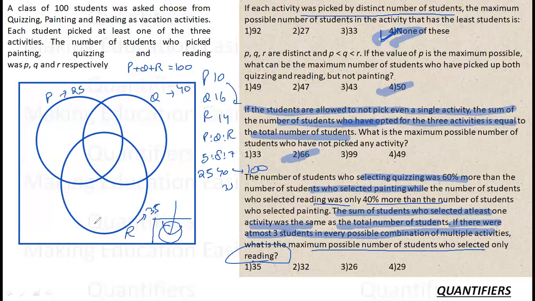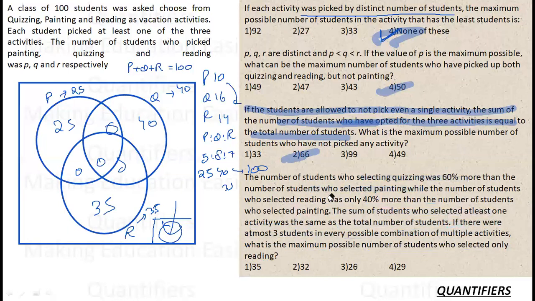Now can I say if I want to maximize this, I can put all the 35 here, I can put all the 25 here, I can put all the 40 here. This will be 0, 0 and 0, which is not of any issue because they are saying that in every combination of multiple activities, यहाँ पे 3 students आएंगे maximum, at most 3 students. So it is not necessary to give any value here. ठीक है? Even if it was necessary to give, then the condition would have been different and we would have approached it a bit differently. But ultimately I can allocate 0, which means in this case the maximum number of students with reading is 35. So the answer to this question is 35.